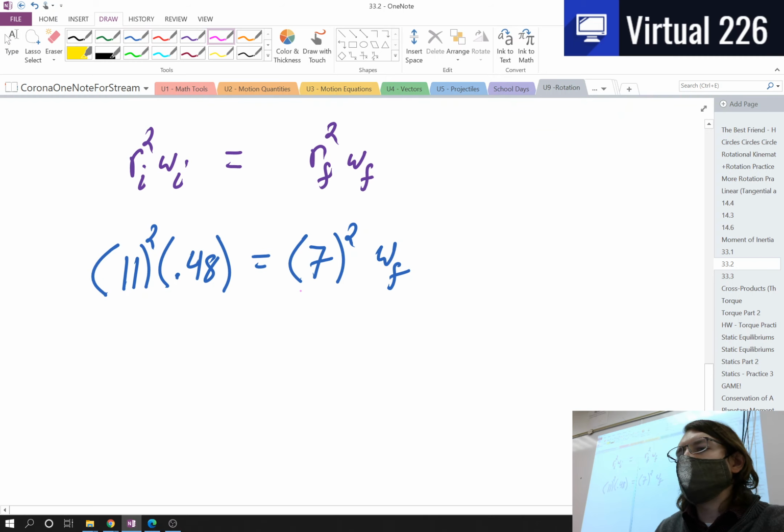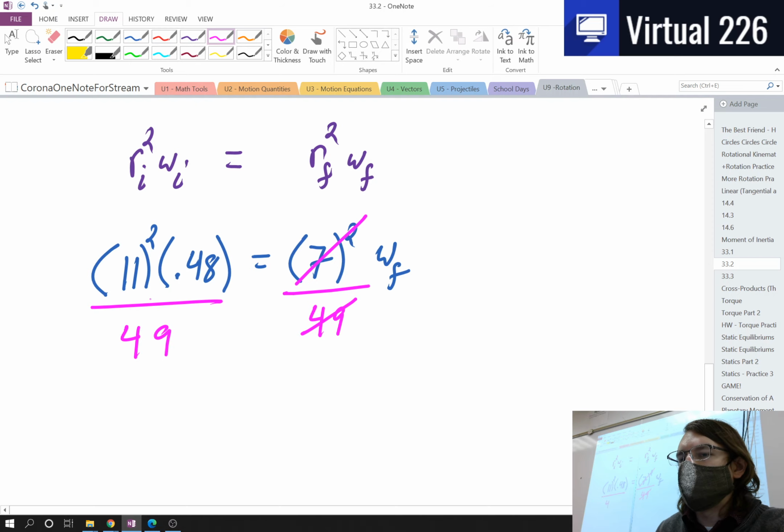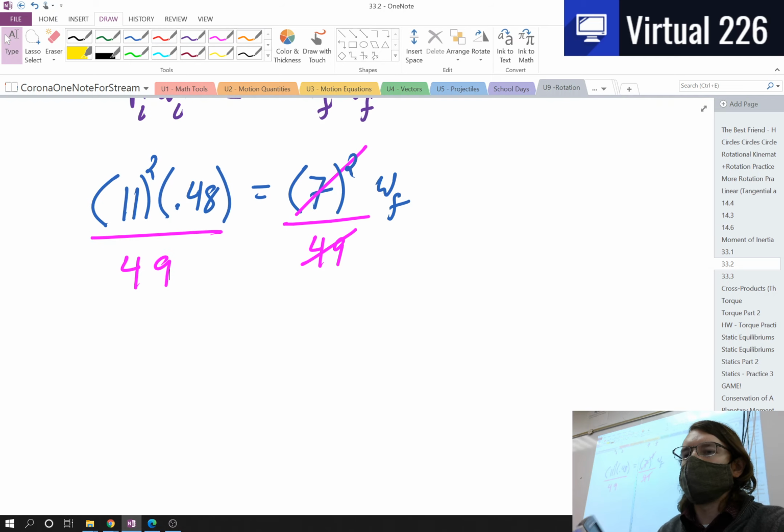We could either divide by 7 squared, or if you know your multiplication tables, like a good student that you are, 7 squared is 49. So those are going to go away. And then we could divide by 49 here. Now it's just a matter for the calculator. 11 squared is 121 times 0.48 is 58.08. And then divide by 49 gives us a new angular velocity of